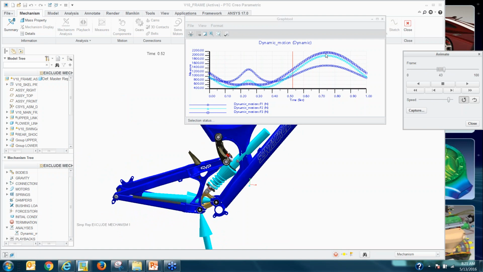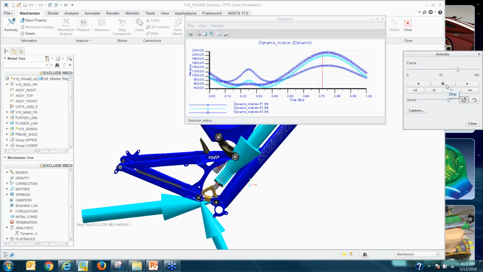So for example, I do have a high force, it looks like, so maybe I might want to stop somewhere here, right? So this is where I'm interested. These are the three forces that I'm interested to extract from mechanism dynamics and maybe run a stress analysis using those three forces, right? So what I would do is